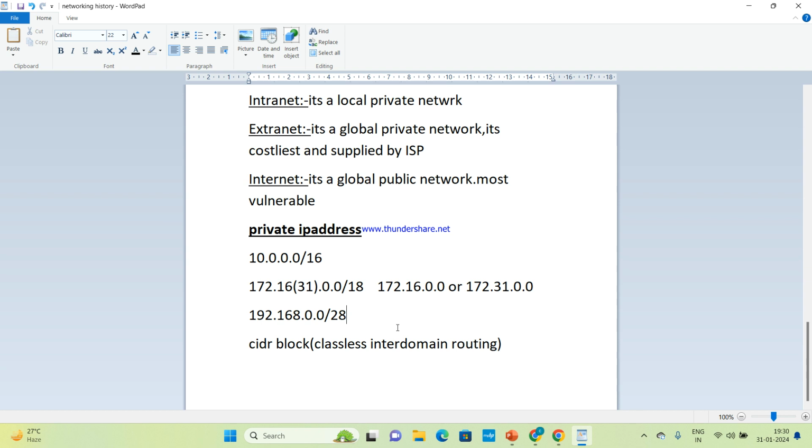Here, how do we create private IP addresses? These three are the standard private IP addresses, right? In the CIDR block, at the end you need to put /16, anywhere between /16 and /28.